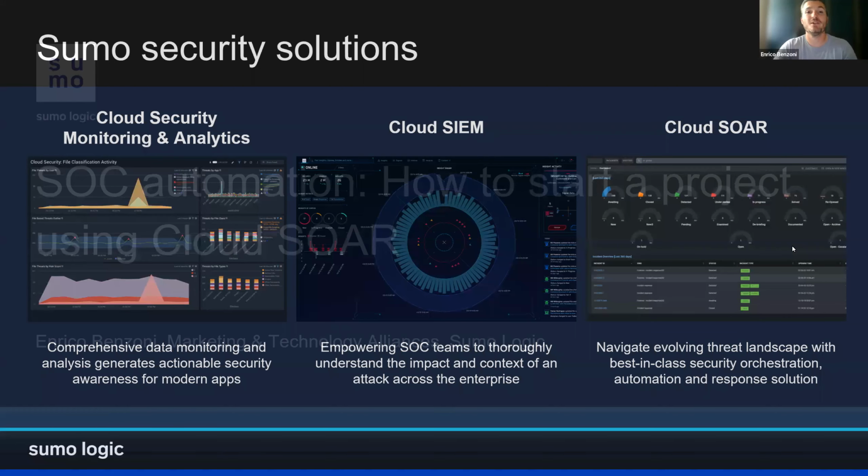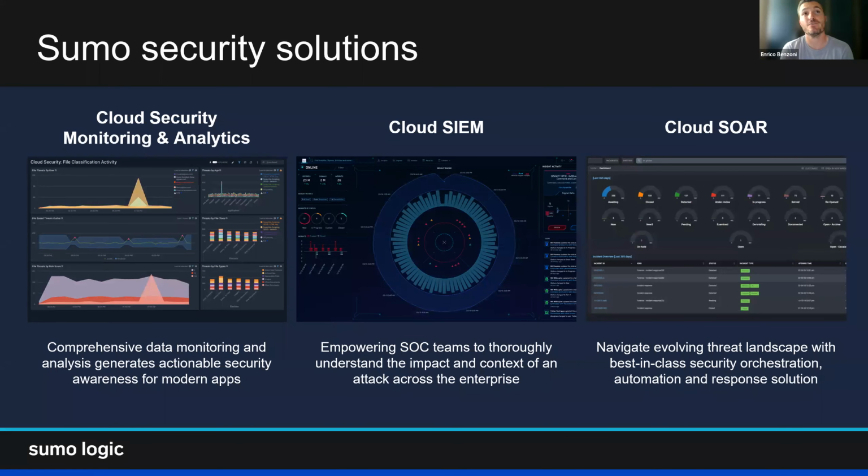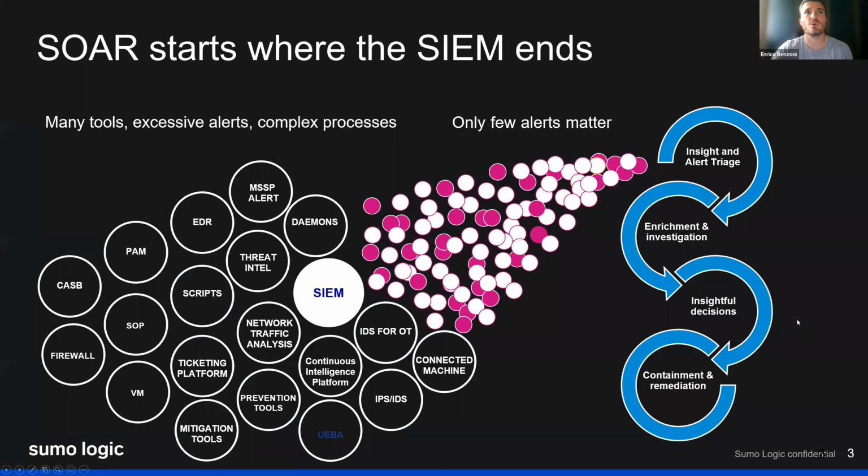So, Sumo Logic, we have three main products around security solutions: Cloud Security Monitor and Analytics, Cloud SIEM, and today we will discuss around Cloud SOAR because we talk about automation for responding to processes. We also use the automation to correlate every logs inside the firm, but mainly today we'll talk about the response processes. Basically, the SOAR starts with the SIEM, so you